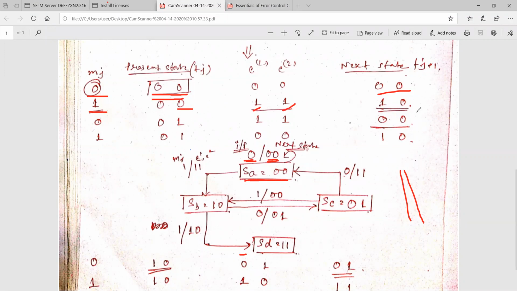Okay. So what will be the next step? What will be the next step? When I'm feeding a new value to the M, the next bit, the previous bit of MJ 1, that was 1, will be shifted to